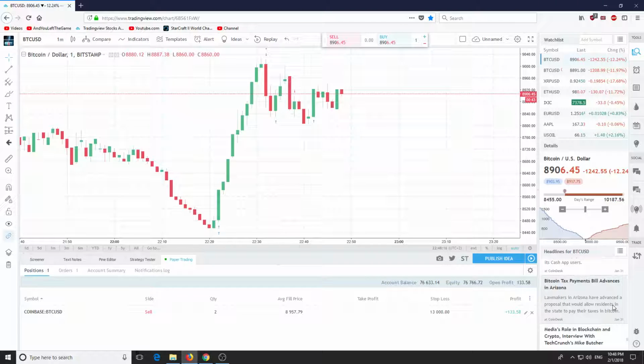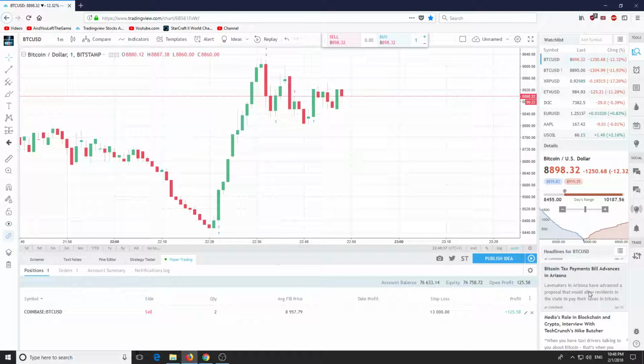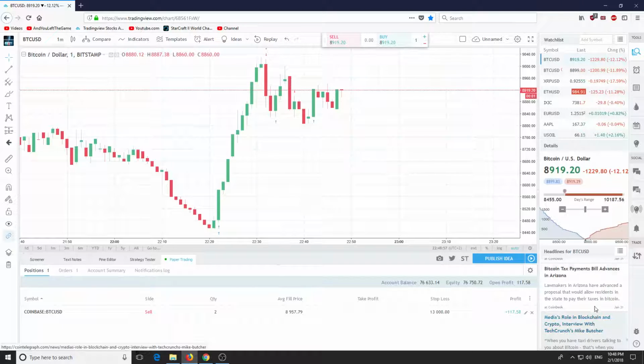Bitcoin tax payments bill advances in Arizona. Oh wow, look at that. So you can look at it both ways. They want to allow you to pay in Bitcoin, but at the same time they want to track you. You can kind of fool the taxman right away, saying you don't want to pay taxes, you just want to keep your money in Bitcoin. But at the same time, what they want is for you to associate your Bitcoin address or addresses with your tax bills, so that they later could come at you and say, we looked at